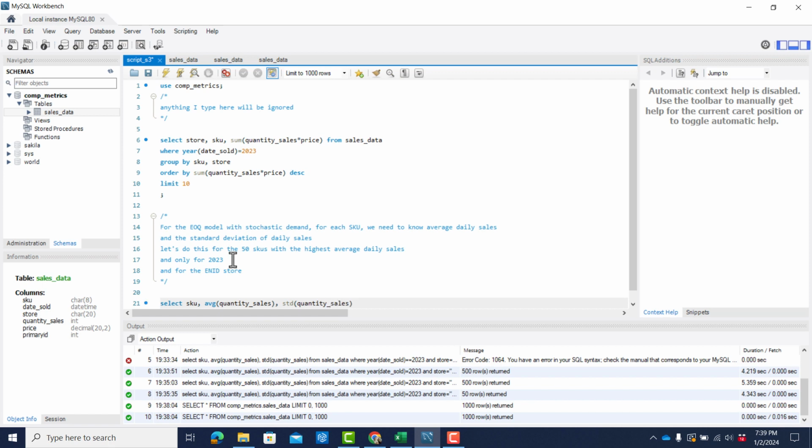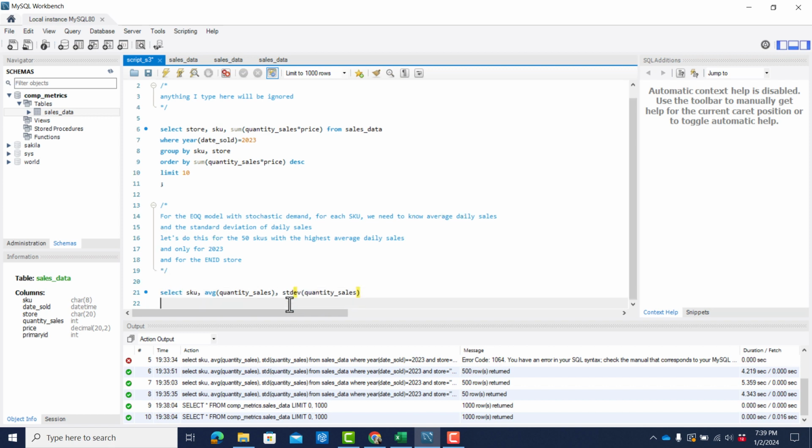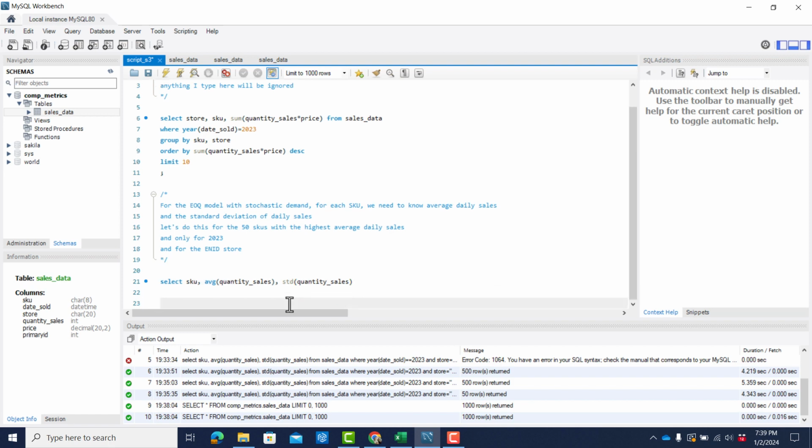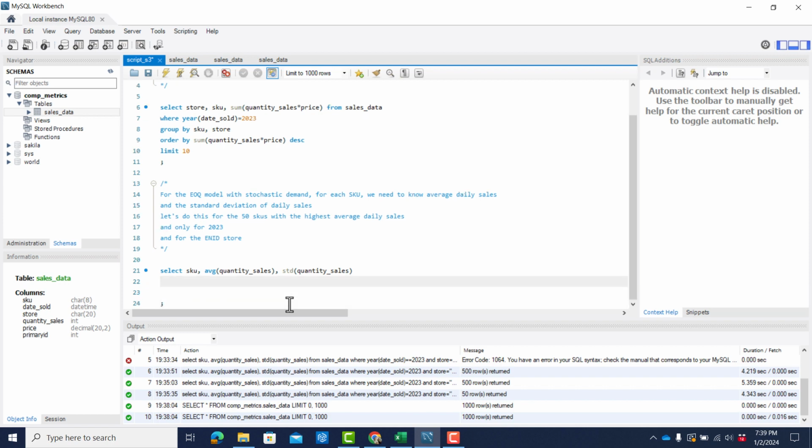And of course, how did I know that there's a function called average and standard deviation? I looked it up. Now this isn't turning blue. It may be that they like some other spelling better, but I know the STD works. Okay, so I want the SKU, average quantity sales, and standard deviation of sales from, I'm going to use multiple lines. And I know I always want to end with a semicolon, so I'm going to put that at the bottom there. I want to select those variables from my table sales data,